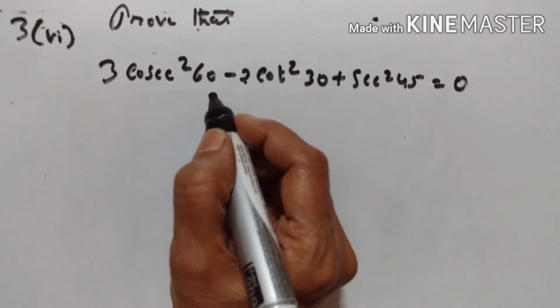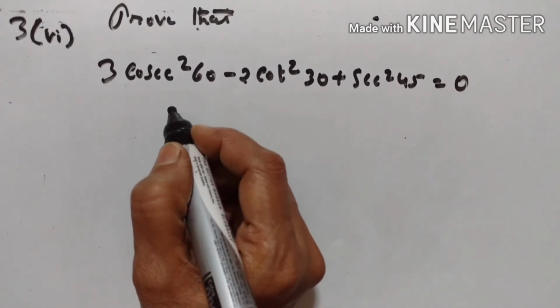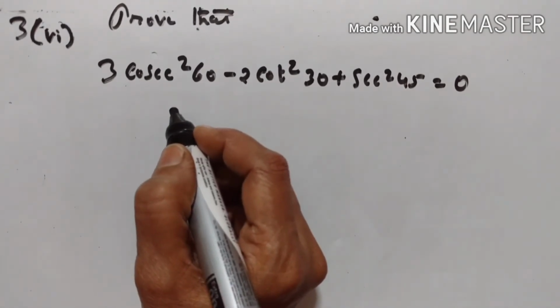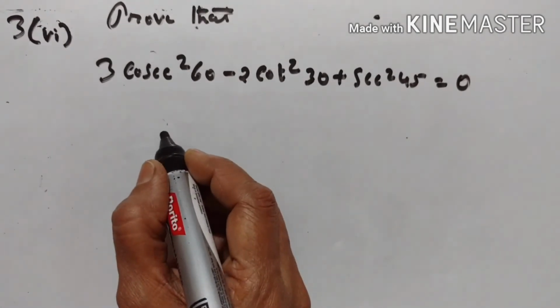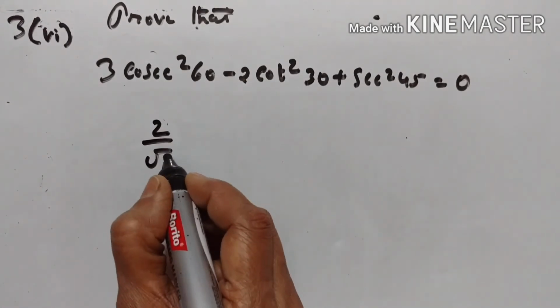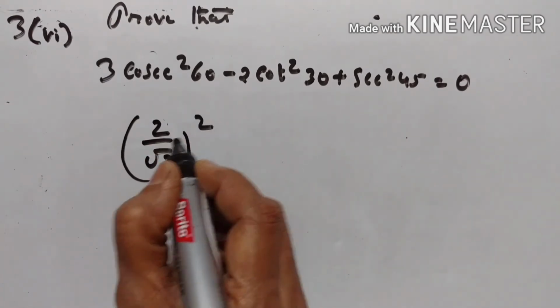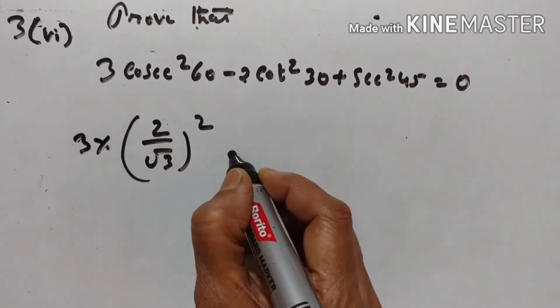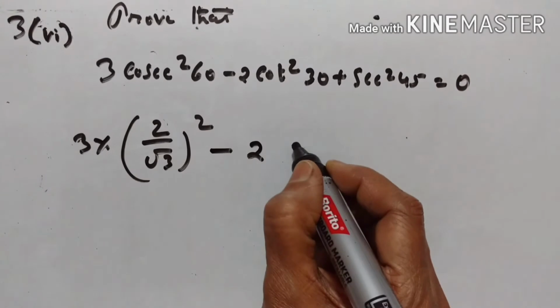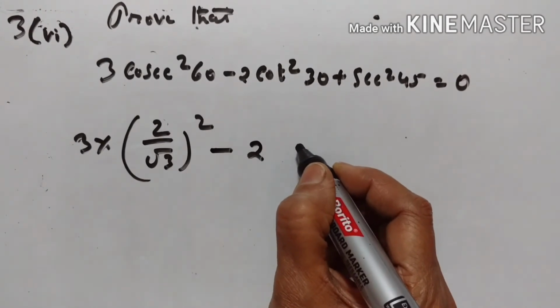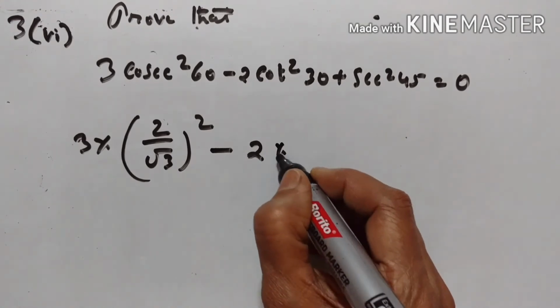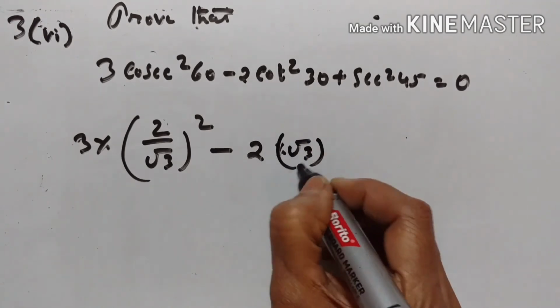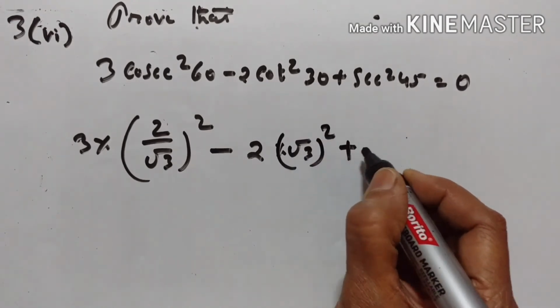Cosec 60 is the reciprocal of sin 60. What is sin 60? Sin 60 is equal to square root of 3 upon 2. Reciprocal is equal to 2 upon square root of 3, square, 3 into, minus 2 cot 30. Tan 30 is equal to what? 1 upon square root of 3. Reciprocal is equal to square root of 3, square, plus